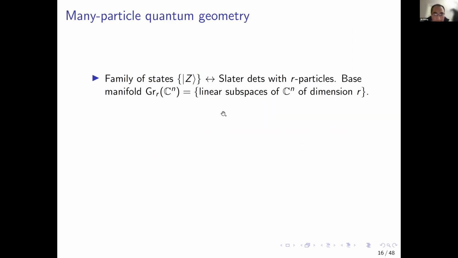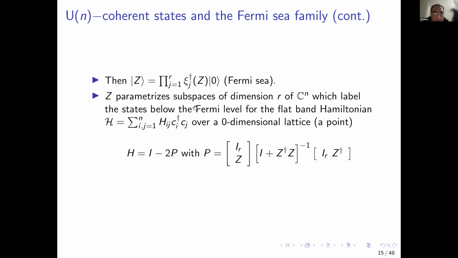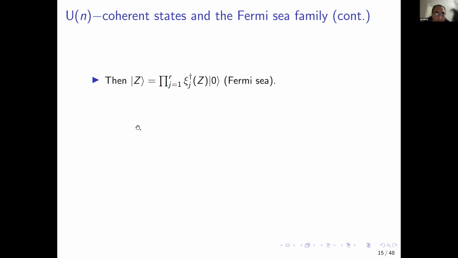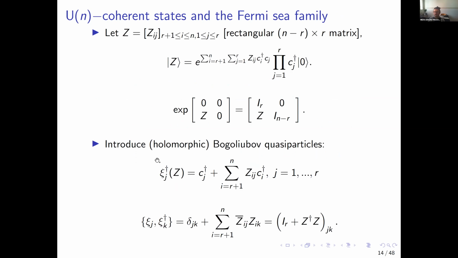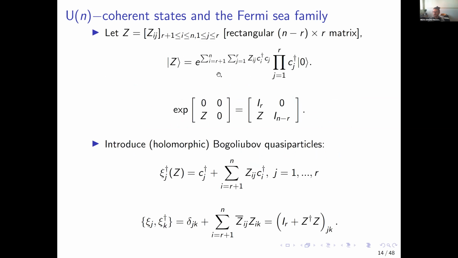I see. So what is the physical meaning of the H_ij, this matrix? In the slides, one slide back, where you define the Z in the first equation. Yes, this here is completely equivalent to this. These two states are the same. This is just a different way of writing that state. But this is the way